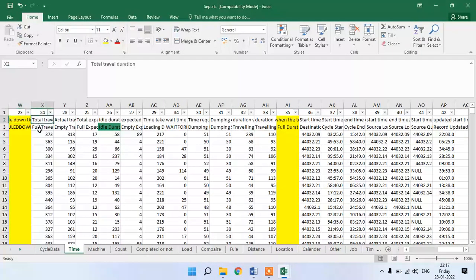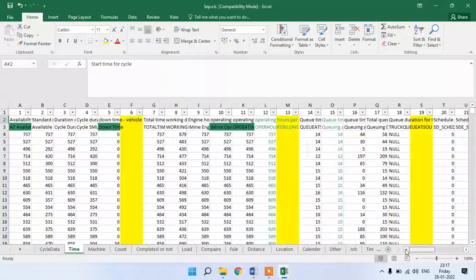That is the total duration and actual travel duration of the empty truck, then total expected travel duration and ideal time required of the vehicle, the start time of dumping, end time of dumping. All of these time-related things I separated into a separate sheet.